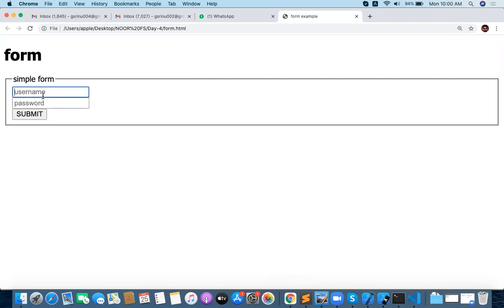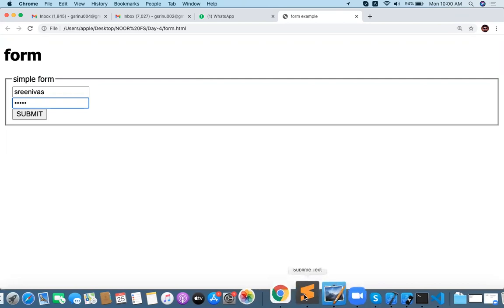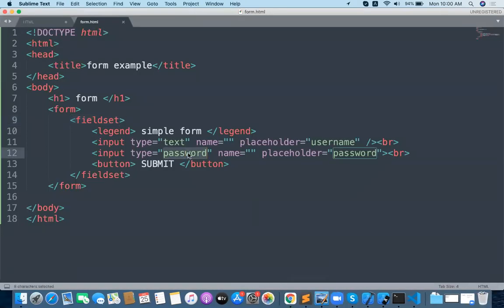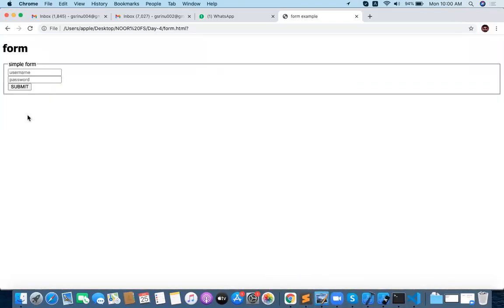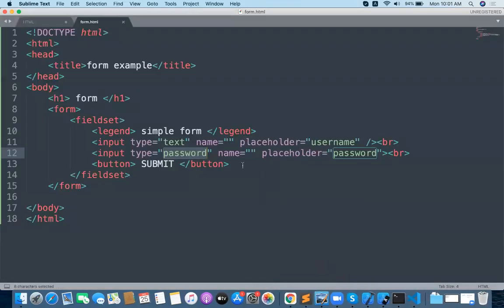I'm going to be taking something like a username field and a password field here. For username I can enter something like Srinivas, and password is going to be dots. Why? Because I gave type as password, so automatically it will give you dots here. And after that you can do the submit. Whenever I submit a form, I can submit the form to the particular server whatever you have. In JavaScript we will discuss how to submit these particular values to the backend servers and all. Later on we will see that.